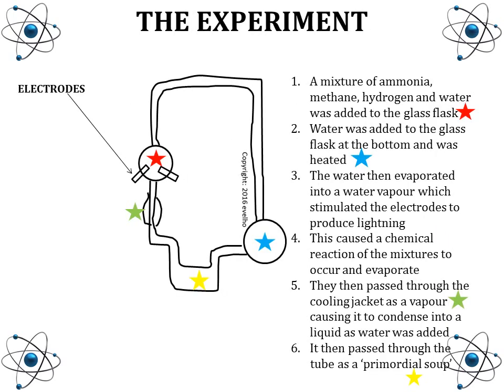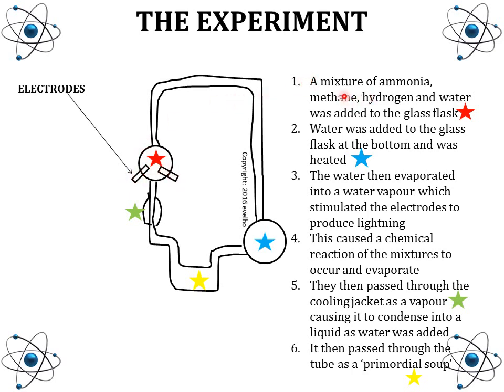Now for the experiment itself, I attempted to draw what the apparatus looked like, and considering I've done it on PowerPoint, it's actually pretty good. That's an idea of what it looks like, and I've got a key here so you don't get confused. The red star is linked with this point here, the blue one with this blue one here, and so on. And these little things here are the electrodes.